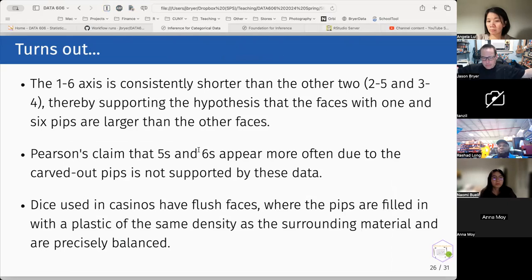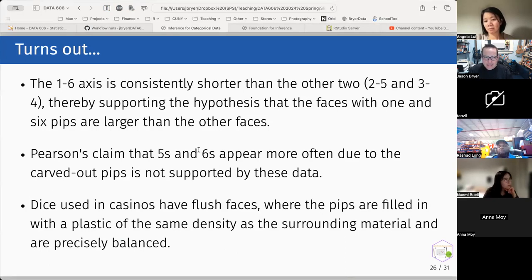All right, so let's wrap up this dice example. Labby found that 1 in 6 in his case was consistently shorter, and that's because of what was on the opposite side. The way dice used to be made and marked, they just carved out little divots. Whatever was on the opposite side of, say, 1 and 2, which had only 1 or 2 divots and so very little material cut out, had a slightly higher chance of occurring because the 1 and 2 sides were